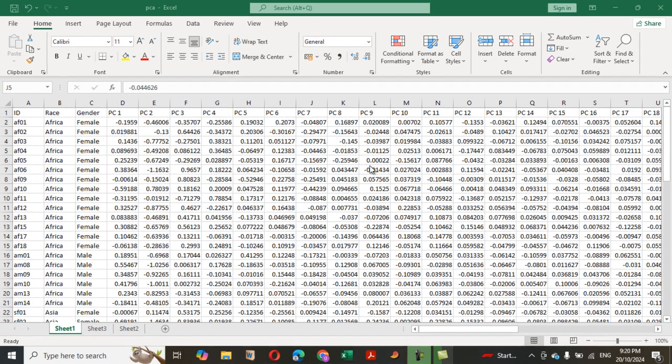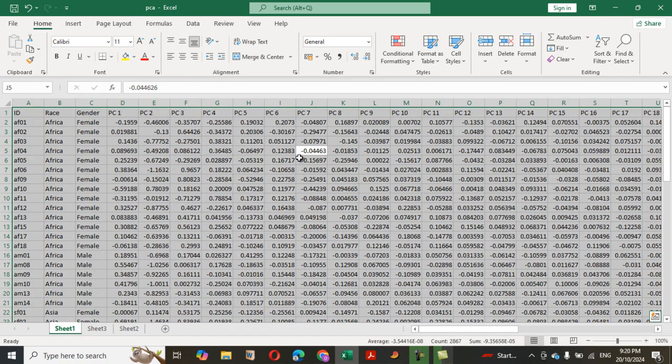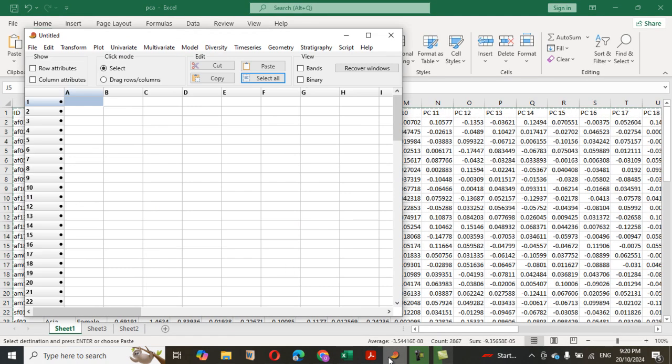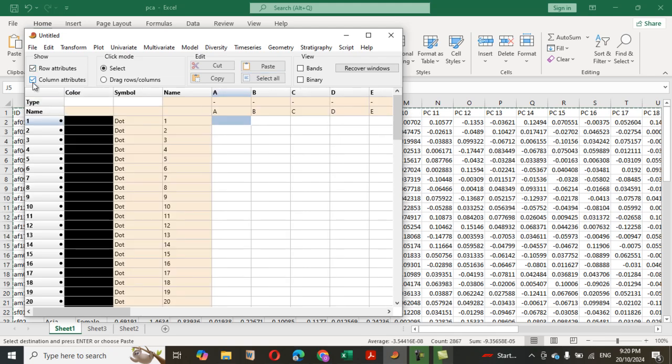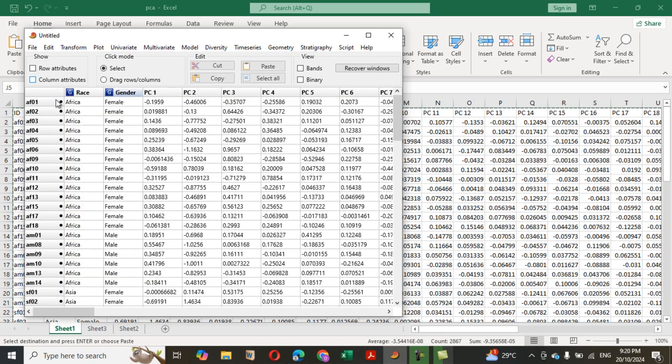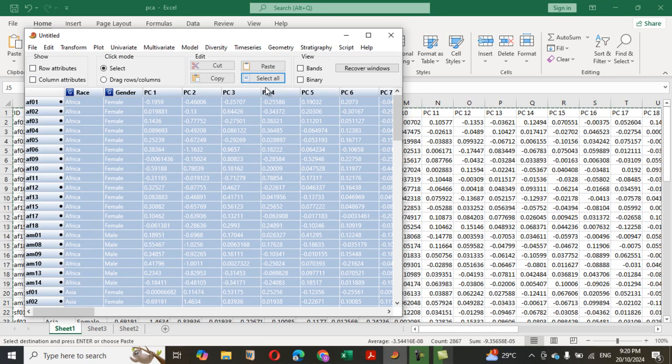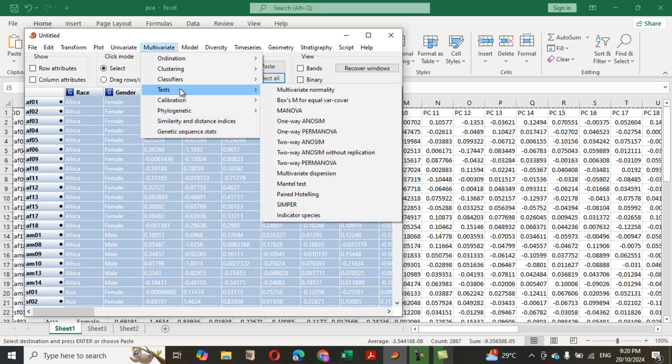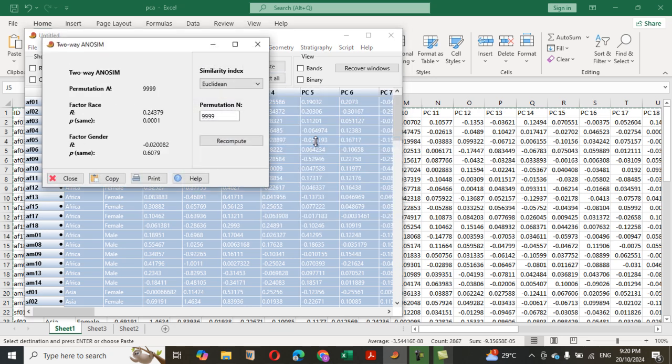So let's copy our data as usual to paste. All right, so let's do two-way ANOSIM now. Two of them will be made group available. Then we'll check this. Now that we have two, we can select all. Then you can go to multivariate test and two-way ANOSIM. When you click on it to compute, you can see under two-way ANOSIM we have